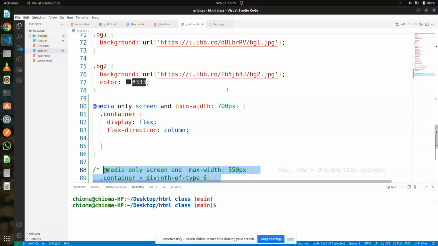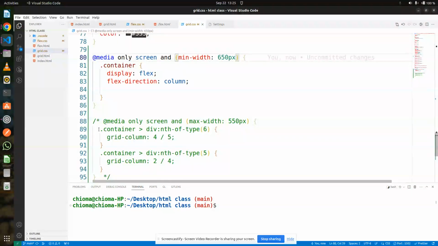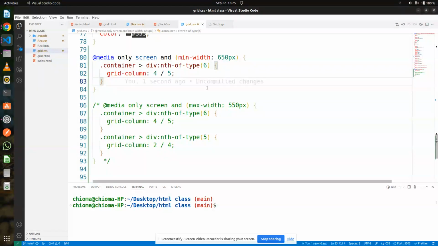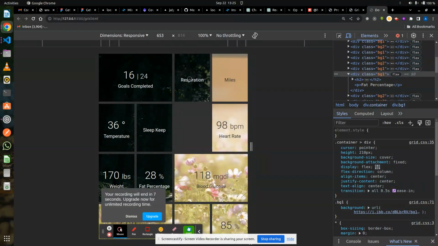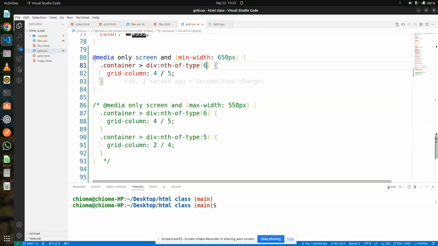Let's say 650. At 650, we want our container, we're selecting box number two, right? So we are saying box number two,